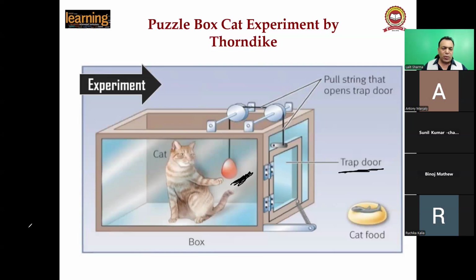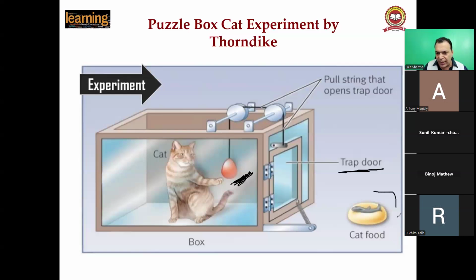So what Thorndike did, Thorndike designed a puzzle box, and he kept a cat into the puzzle box, right? बिल्ली को puzzle box के अंदर डाला गया. The cat was hungry for the last 7 to 8 hours, and after 7 to 8 hours the cat was in the cage, in the puzzle box. The cat was just moving. The cat was not doing any different actions. But look, magic happens here.